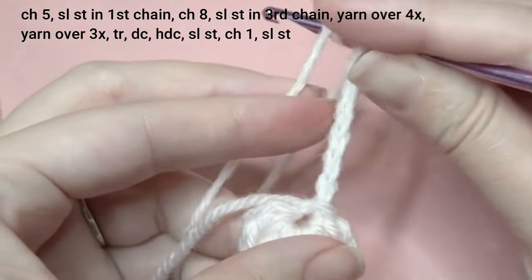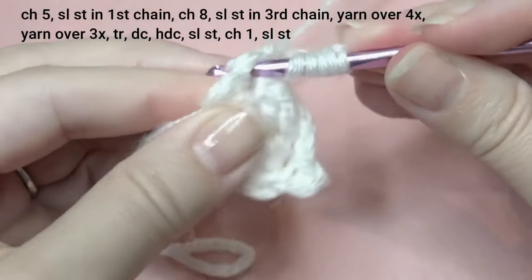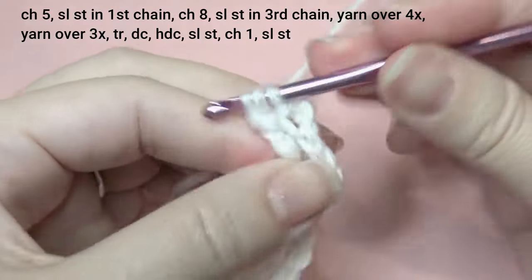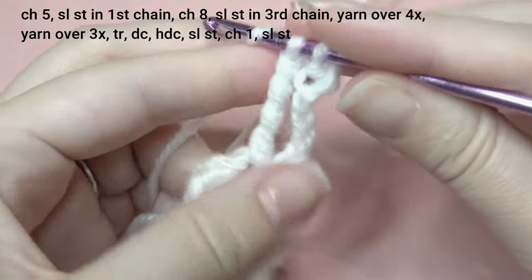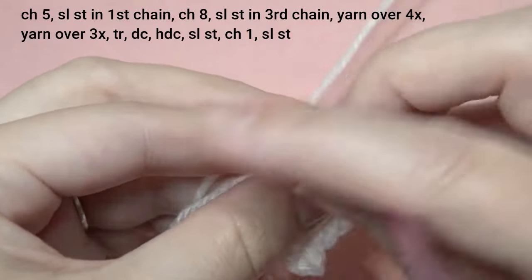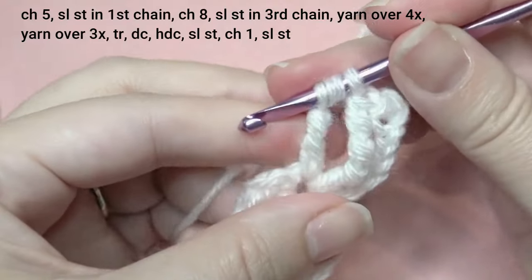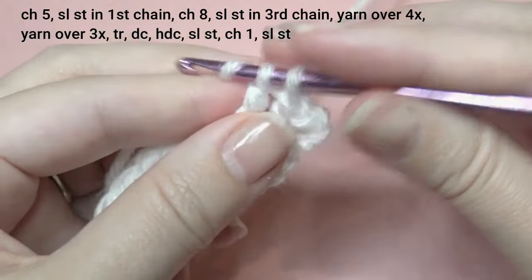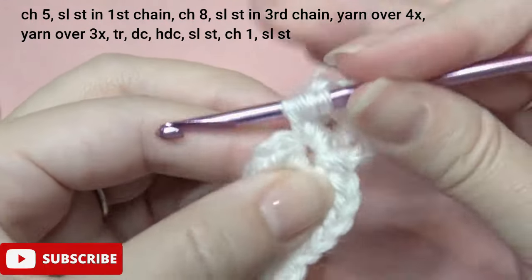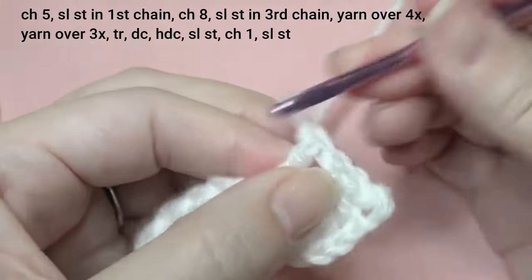wrap around 4 times, 1, 2, 3, 4, insert your hook into that first chain, yarn over, grab the yarn, yarn over, pull through 2, yarn over, pull through 2, yarn over, pull through 2, yarn over and pull through 2, yarn over and pull through 2. Then you're going to yarn over 3 times, 1, 2, 3, insert your hook, grab the yarn, yarn over and pull through 2, yarn over and pull through 2, yarn over and pull through 2, yarn over and pull through 2. Now you're going to yarn over twice, 1, 2, insert your hook, grab the yarn, yarn over, pull through 2, yarn over, pull through 2, yarn over and pull through 2, then double crochet,